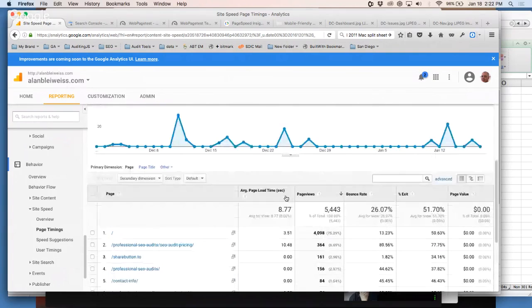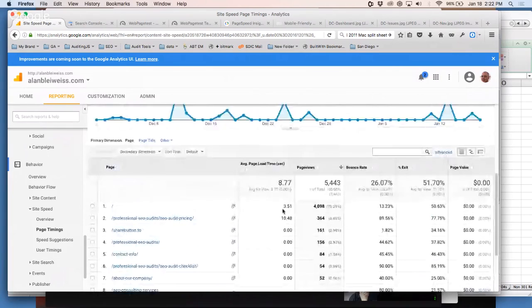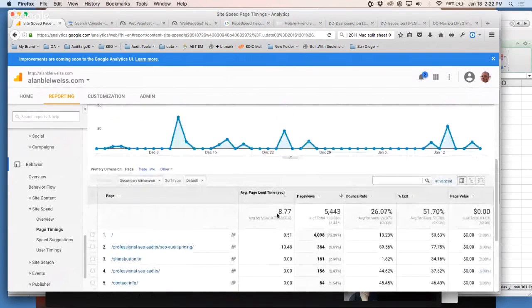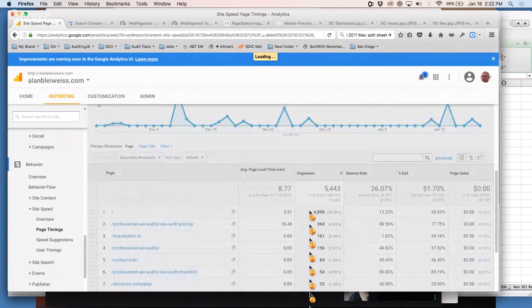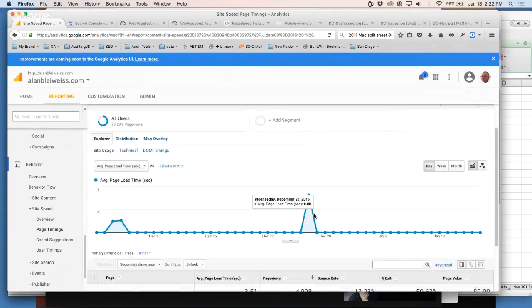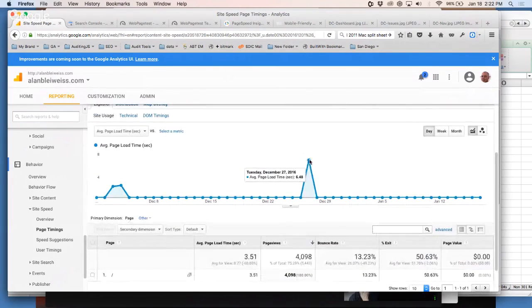And just looking here, I'm going to look at the 2 pages that for this period of time there is data for. For the home page, I'm going to click in. And I can see there was a spike here. And the good news is the spike was only 6.5 seconds.